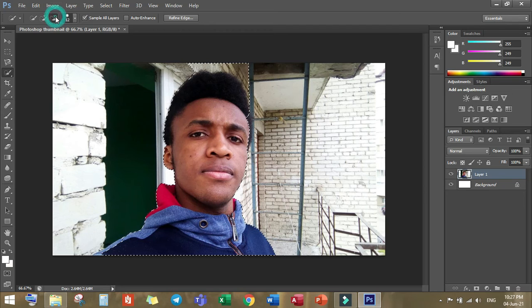Then if it goes over, use the brush with the minus sign to remove part of the picture selected. Then you have to keep doing it because sometimes it can go out of place. So when you're sure that your face is selected, okay, I still have some work to do here. Now that I've cut my face out,